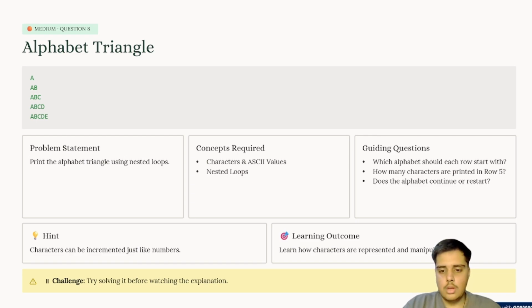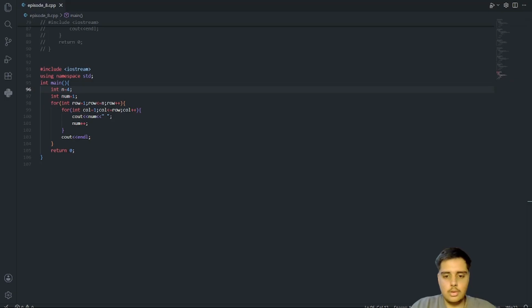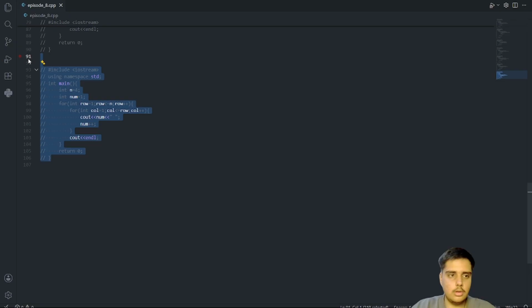So coming back to VS Code, the question is for alphabet triangle. Firstly, let me comment all of this before.